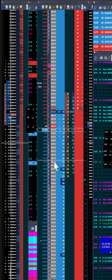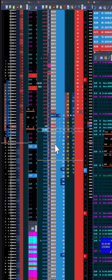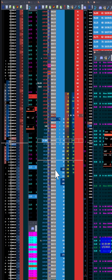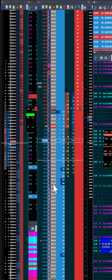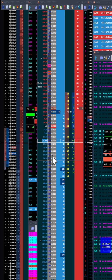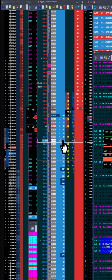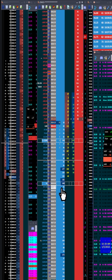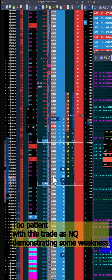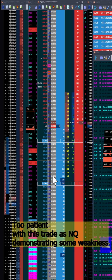Yeah, as you can see, it just went and consumed that 58, which is kind of a good thing. That will probably allow me to get a small little trade out of this. Being very stubborn, should have exited the trade here. So the market's allowing me to let the trade play out. So I'm going to have to see if I could perhaps get something out of this here. I'm not very keen on it, but I think I did a pretty good job of being patient, and now what's going to happen here is very crucial. I should have perhaps